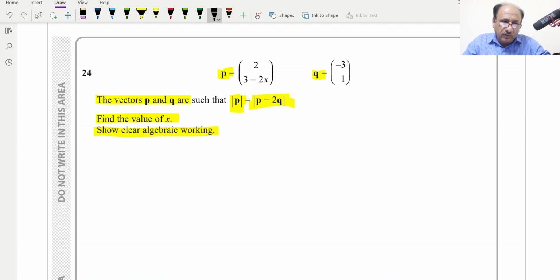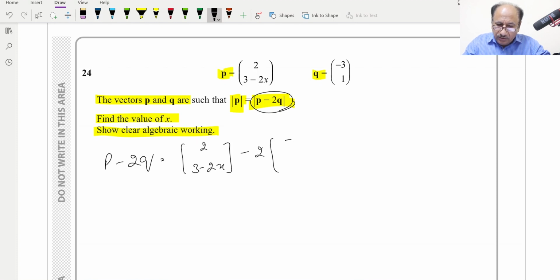So first of all we will find P minus Q, P minus 2Q, and then we will find the P mod and P minus 2Q mod, and then we equalize. So first of all P minus 2Q will be equal to P, which is 2 and 3 minus 2x, and minus 2, and Q is minus 3 and 1, and this will be equal to 2